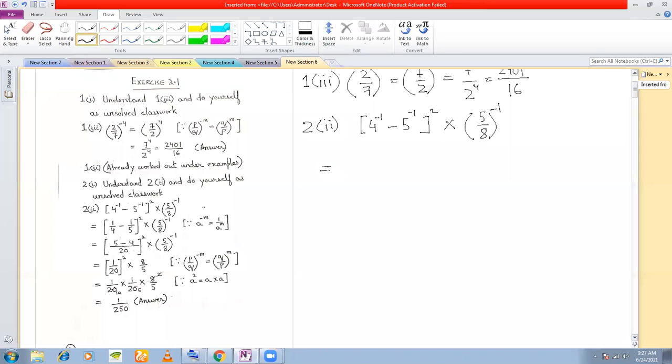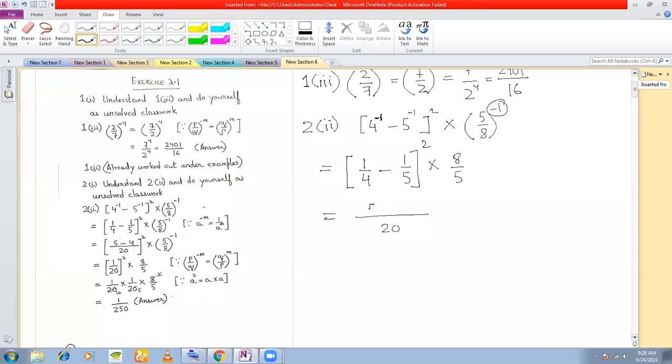In order to simplify this, first of all, we'll convert the negative power to a positive power. See, the power here is negative, minus 1. If I am to convert this to plus 1, I need to take the reciprocal, 1/4 to the power of 1, which we don't write, obviously. Next, 5 to the power of minus 1, similarly, I can convert to 1 by 5 to the power of 1. And we write this square as it is, into, now see, again, we have a negative power here. We want to make the power positive, so we take the reciprocal, 8 by 5, right? Now this is done. You take the LCM here.